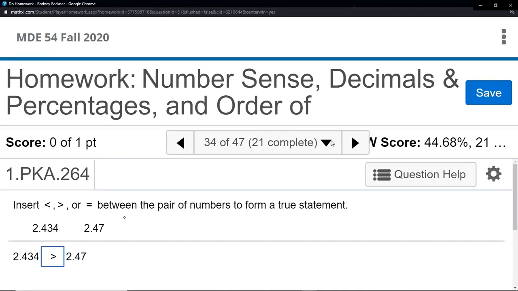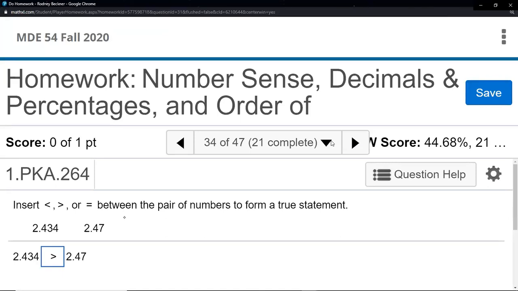Now there could be a sequence of numbers in the middle that are the same, and the very first one at the far left was different, or maybe one of the numbers starts in the tens and one of the numbers starts in the hundreds. Then it's an automatic less than or greater than, just because one of them already has more or less whole number digits. That's a critical component. But in the decimals, it's less about how many you have. So 7 is bigger than 3, so 2.47 should be the bigger number.